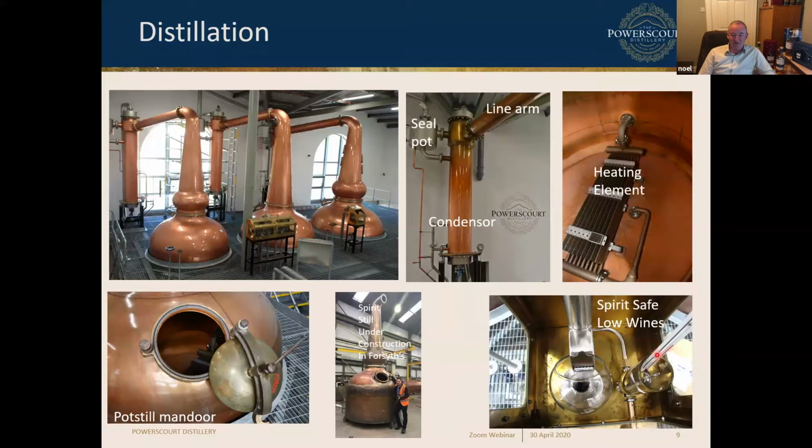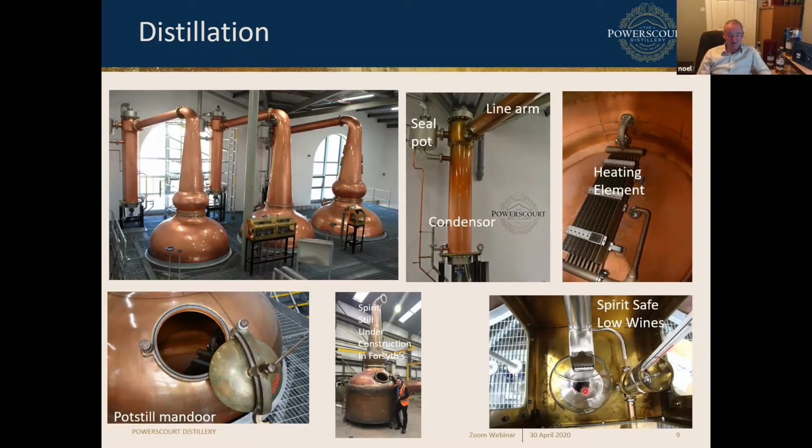And this safe device was used to measure the alcohol in the old days, when we didn't have these more modern devices that we have today, handheld density meters and the like, that tell you the alcohol content straight away. This device was used, and it's a backup, of course, to be able to measure the alcohol content without actually taking samples out of the system. So the spirit flows through that, and it's a very easy and visual way of keeping an eye on